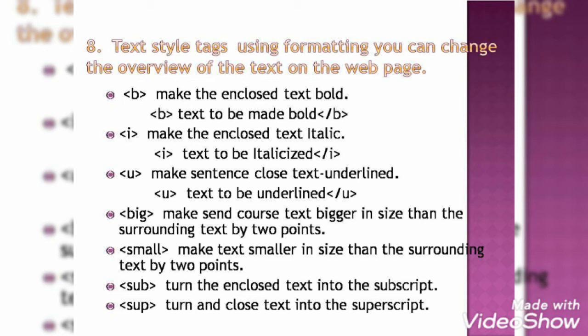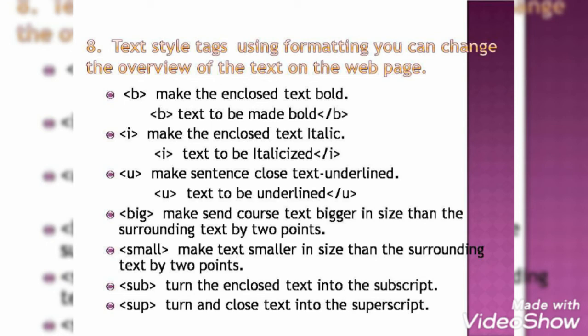So the options given are B, that is making it bold. Now you have understood how to work on it. Open the tag, that is B, in brackets, put whatever text you want to make bold, and close it by using a bracket again and a forward slash. I is for italics, changing the text into italics format.